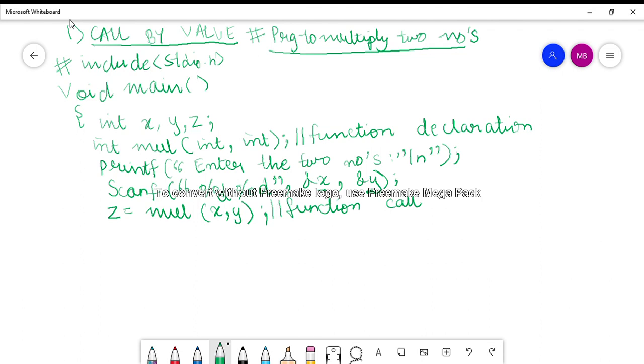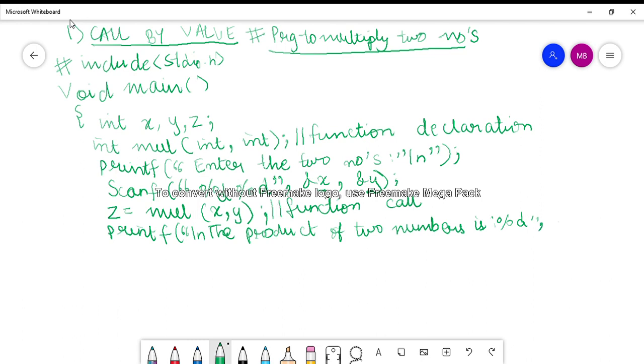Now after this you say printf the product of two numbers is %d, and where will this %d take its value from?